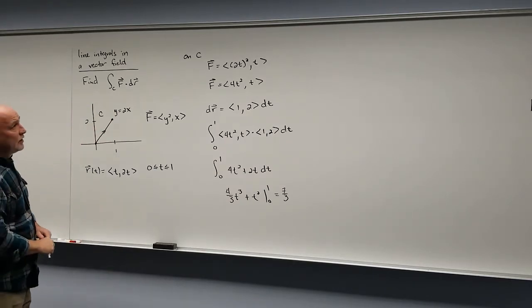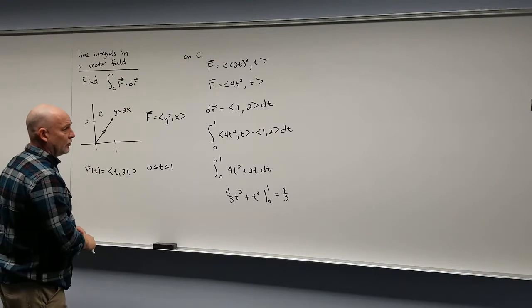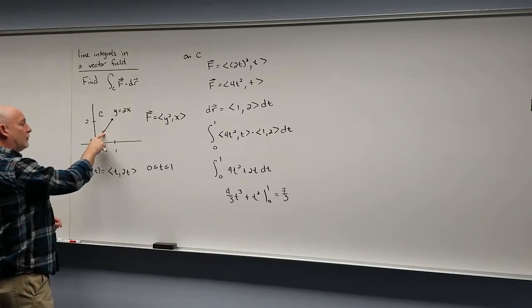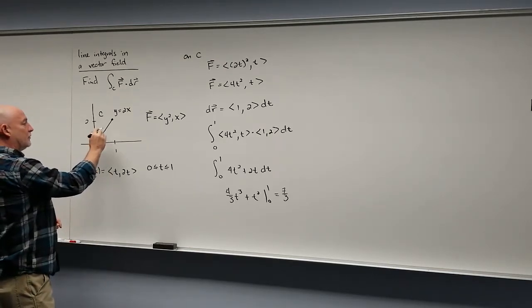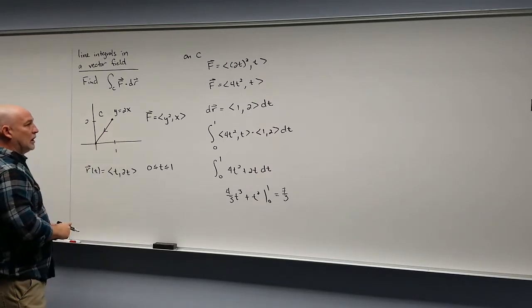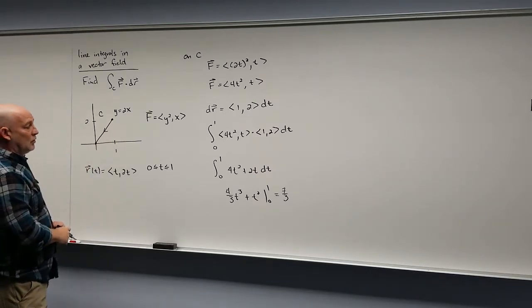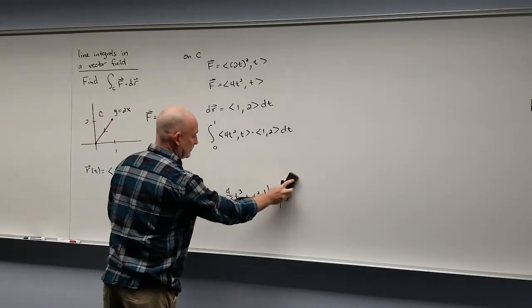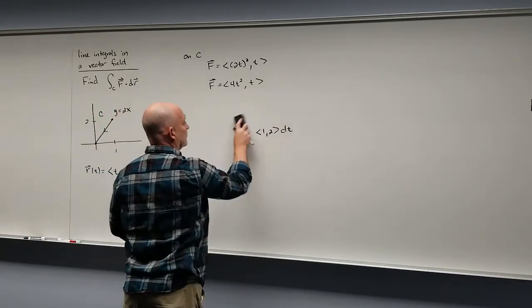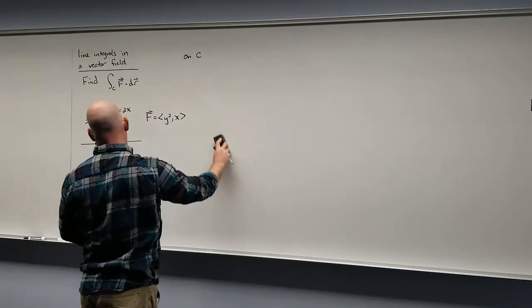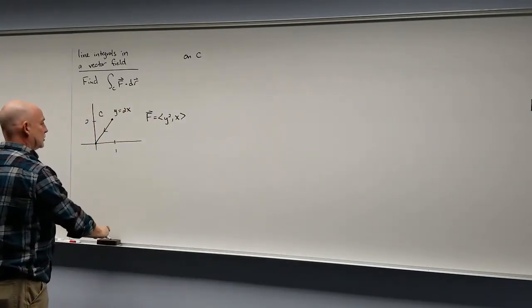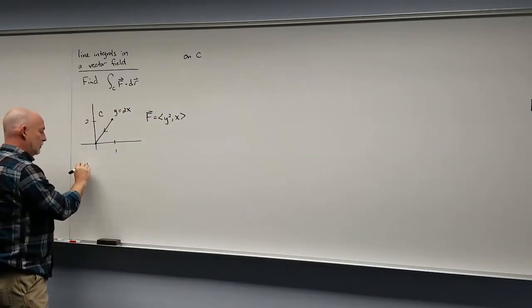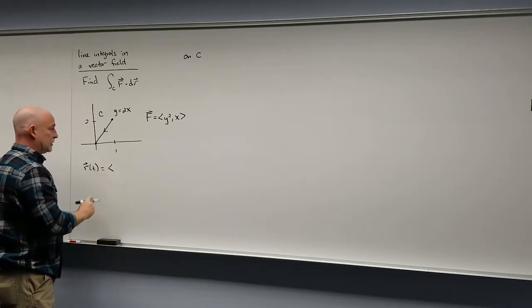All right, we're going to do the same problem again, but I'm going to change it just a little bit. What if, instead, we went from the point (1, 2) to the origin? What if the only difference is we went the other direction? What would that change? Well, let's see. Our parameterization is going to change. So we would say r of t is equal to